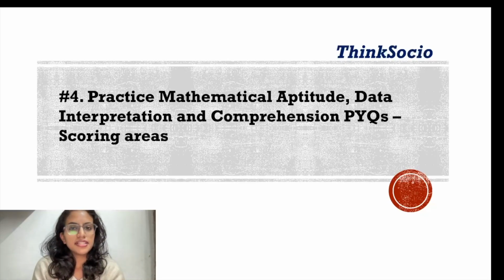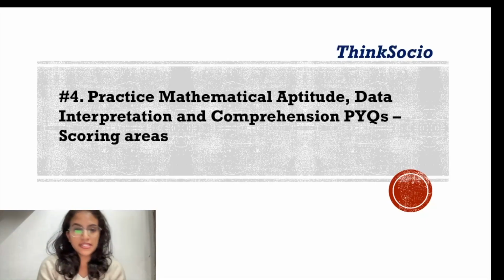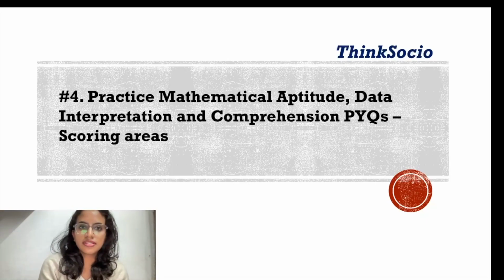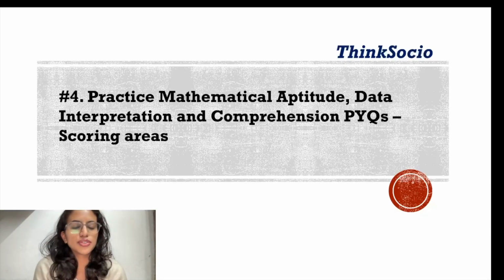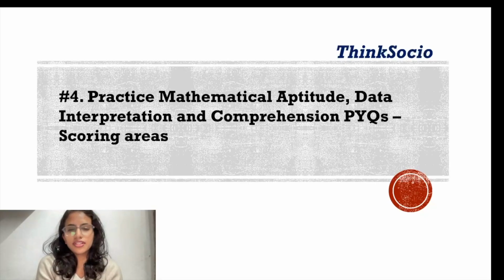With regard to mathematical aptitude and data interpretation, the formulas of ratios, proportions, how to calculate percentages, simple interest, compound interest, all the mathematics that we used till 10th, only 10th, that will be asked. But it's important that we refresh on our formulas. So again, doing PYQs will help, and these three sections can actually help you score 15 marks, which is